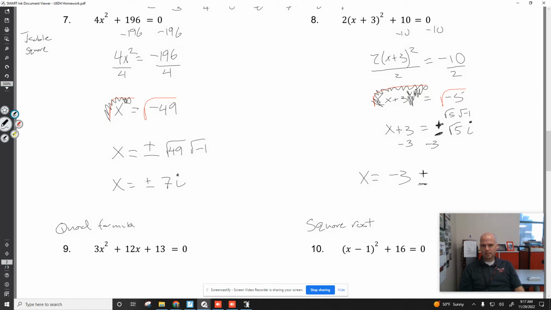plus or minus the amounts of imaginaries we have, root 5i's. I'm adding negative 3, which is why I can put negative 3 here, plus or minus root 5i. Really like adding negative 3, so I could put it there. We can also subtract at the end, but that's not considered standard form. So